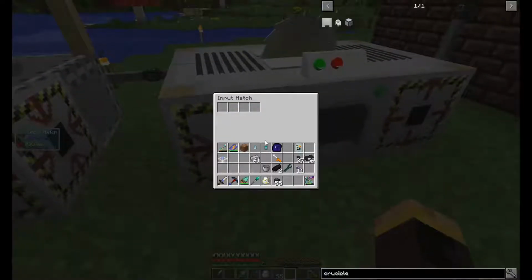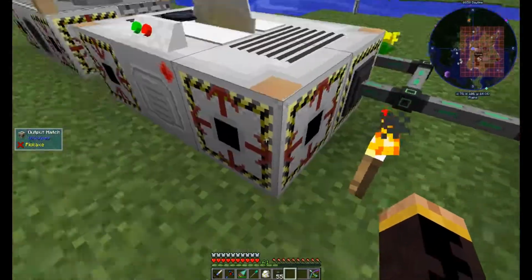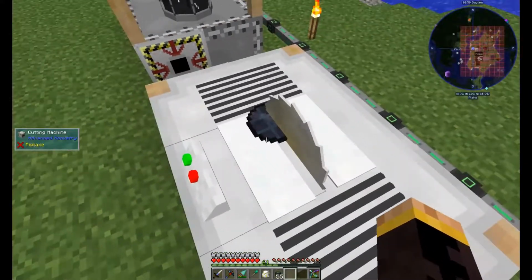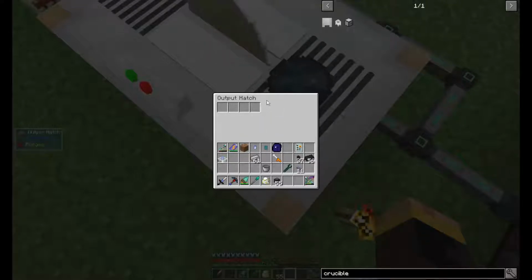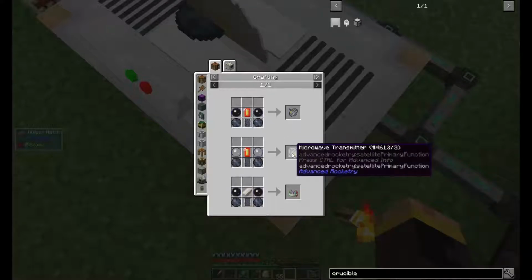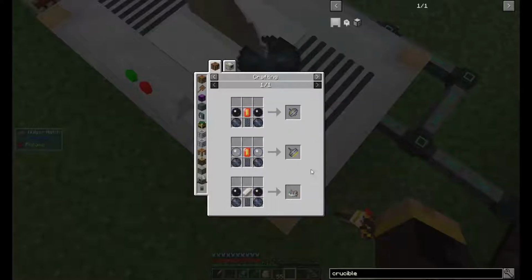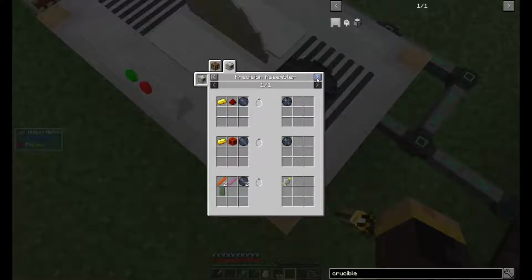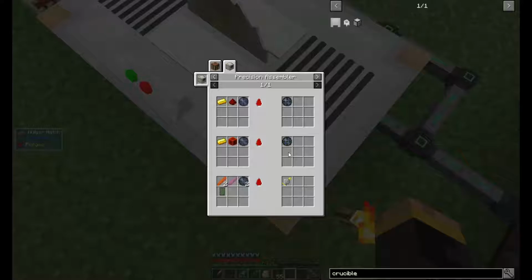But we take these. We put them in here. And they start getting us stuff that we need. Like... Come on now. Come on, you fancy things. Silicon wafers. Which can be used for microwave transmitters, composition sensors, mass detectors. But they can also be used in the precision assembler to make basic circuit plates, advanced circuit plates,